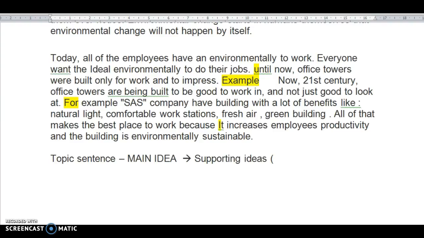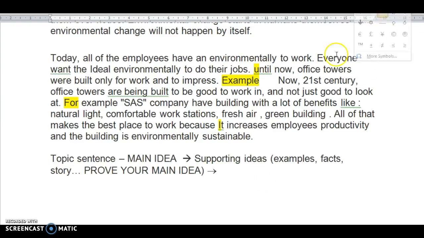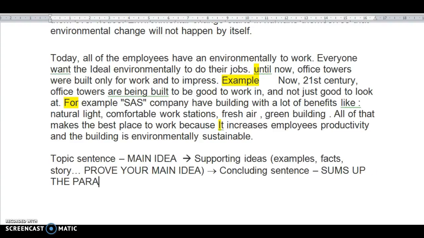Give me examples. Give me facts. Write a story. In other words, prove your main idea. And then we go to our concluding idea. Concluding sentence. What does it do? It sums up the paragraph and gives it a nice end. So when you're reading, the last thing you do is